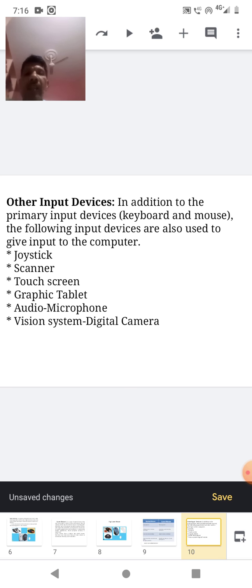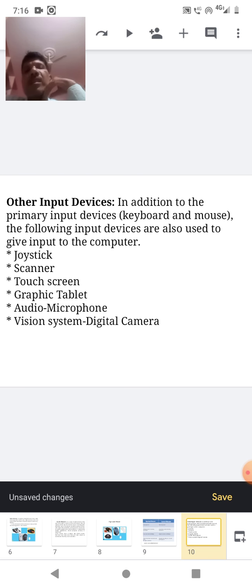Then next, for the computer, two are primary input devices, that is keyboard and mouse. I discussed the keyboard earlier in the earlier classes. Now we discussed the mouse, what is a mouse, what is its purpose and the types of mice. The discussion is over.